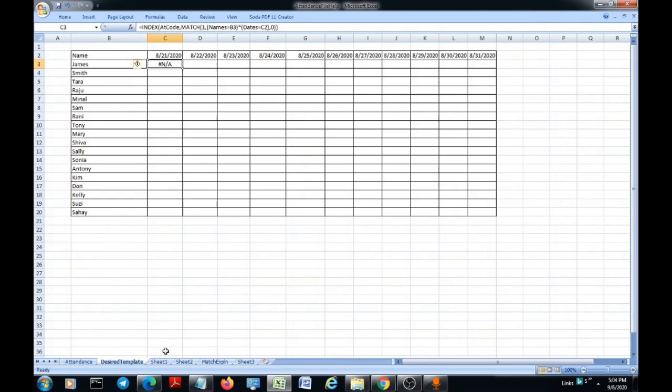Now you are seeing, is there something wrong with the formula? Because it is giving me a result #N/A. So yes, there is something wrong. Since INDEX is an array function, you have to enter Control plus Shift plus Enter together. You have to press these three keys together, so that it takes it as an array function. As you can see, as soon as I pressed Control Shift plus Enter, I got the result here.